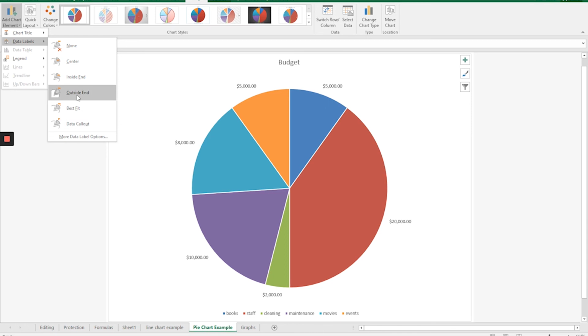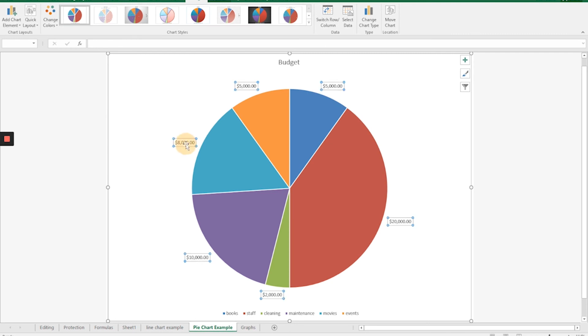And when you have the outside end, if you click on any of the individual pieces and you drag it a little bit, it will create a line to the section of the pie that it works with there. You might have noticed that when I clicked on this first, it selected all of them at once. You don't want to change all of them at once by dragging them and moving around. So if you click on it a second time, it then changes it to the individual one and allows you to